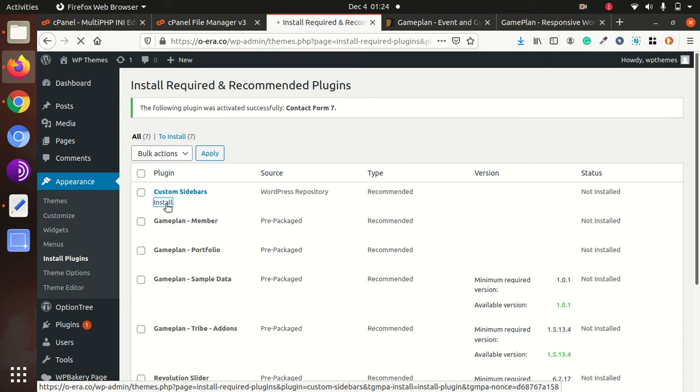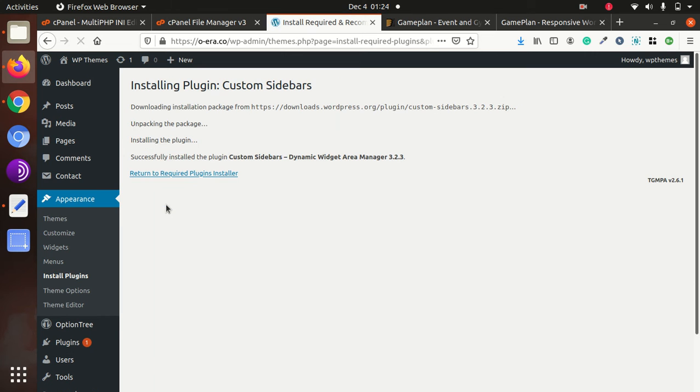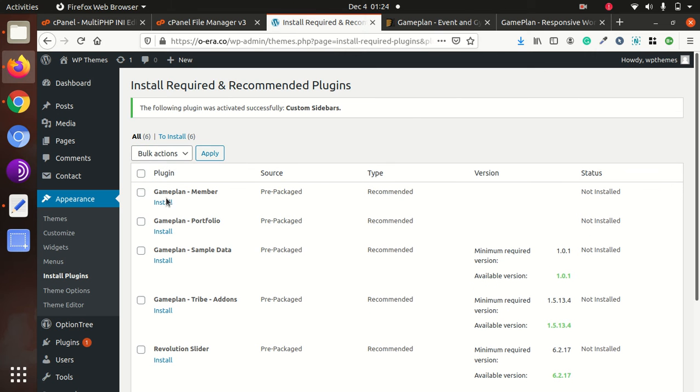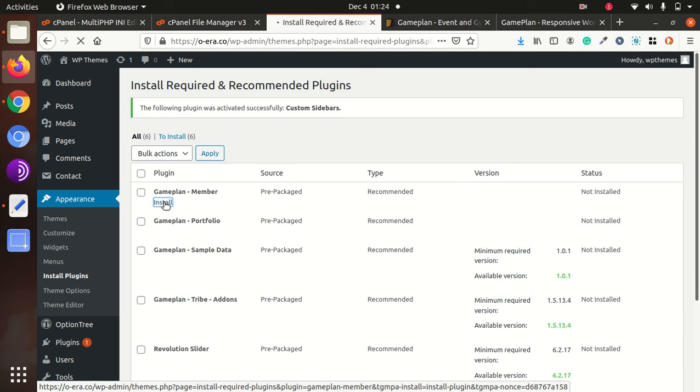Custom Sidebars, I'm installing Custom Sidebars. Activate. GamePlan Member.